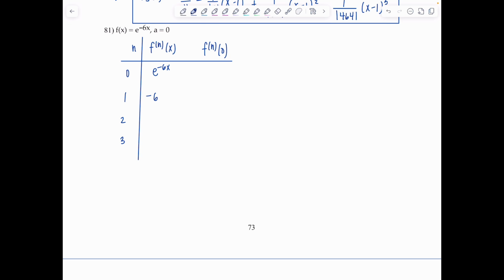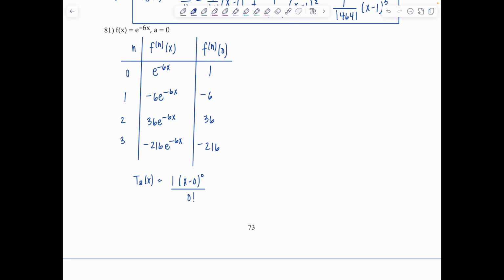Then we take one derivative, multiplying by -6 because of the chain rule. Another derivative, I'll multiply by another -6. And then lastly, -216 e to the -6x. And then all of these get evaluated at 0. So e to the 0 is 1. This will be -6, 36, -216. Okay, so t sub 3 of x is going to be 1 times x minus 0 to the 0